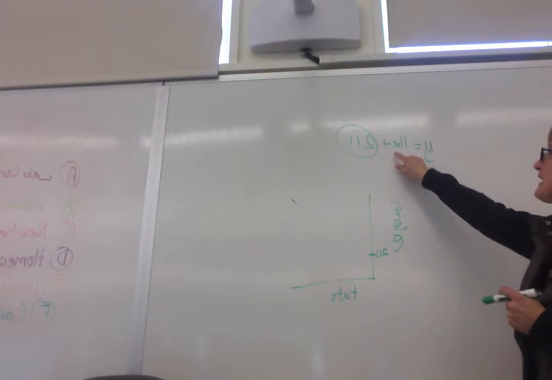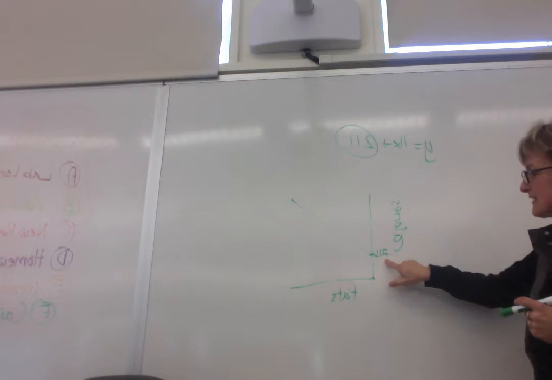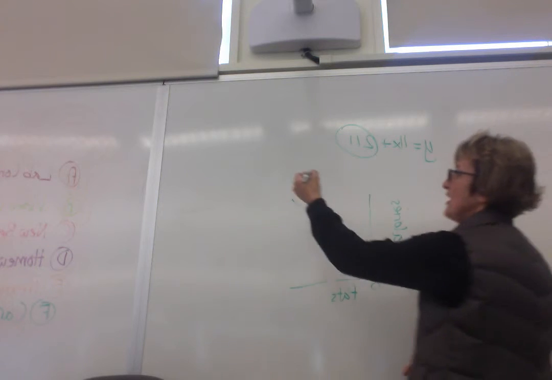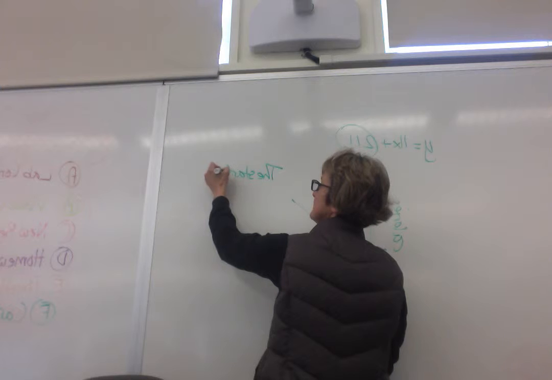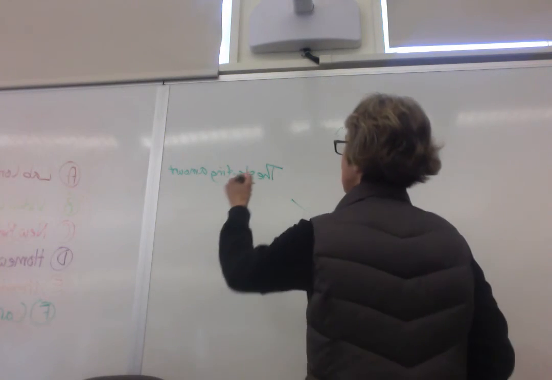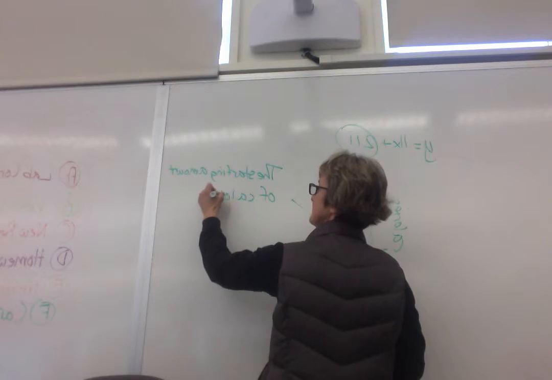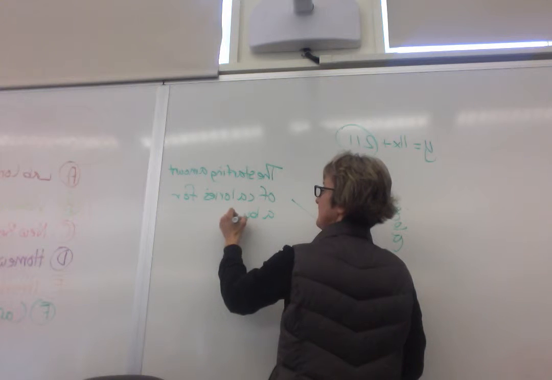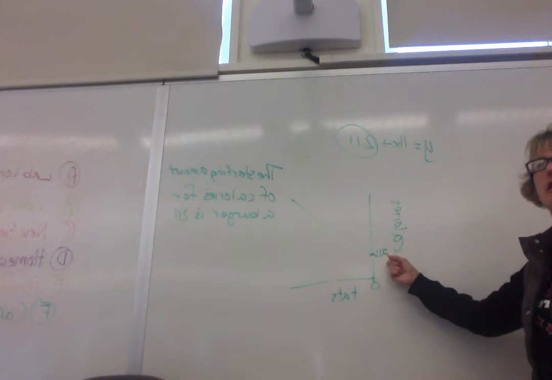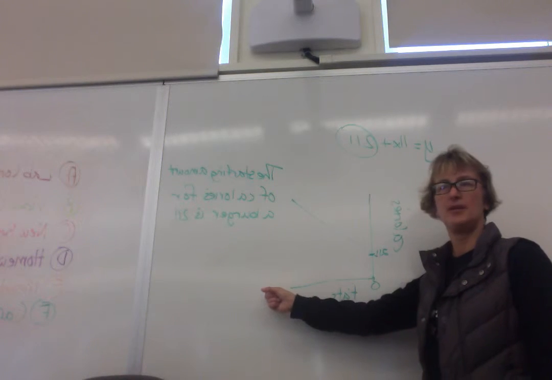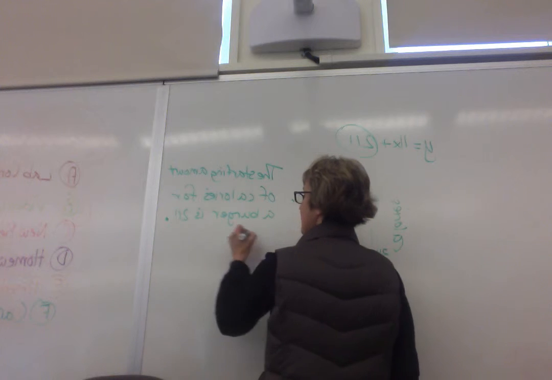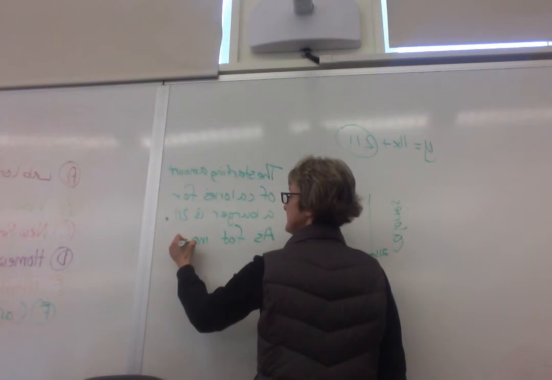Okay, so 211 is calories because it's on the y-axis. And whenever you're on the y-axis, that's at 0 for the x-axis. So if we were going to interpret this, we'd say the starting amount of calories for a burger is 211. This is part B down on your paper, so you're writing this down. We did this a lot at the beginning of the year with money, and that was like the starting money people had in their bank, and then over time, things increased. Well, what's increasing here is not time, it's fat. As fat increases,